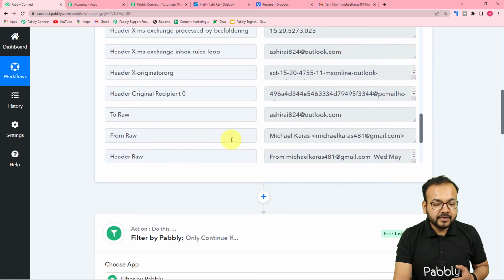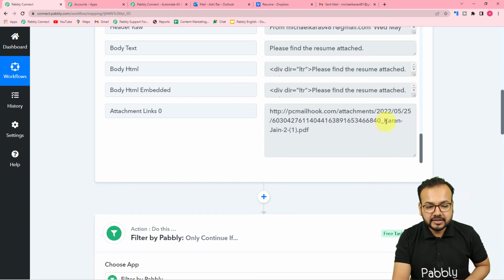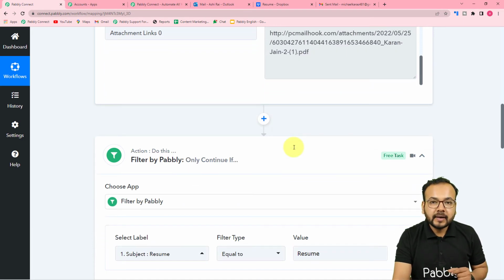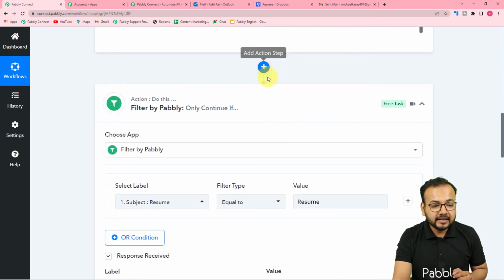But we do not have the name of the file. You can see we have the name of the file also in this link. You can see currentgen2 is the name of the file which is attached in this link only. So we can separate this name by using a feature of Pabbly which is called text formatter. So you can just click on this plus icon in between these two steps. You will find a plus icon, click on it